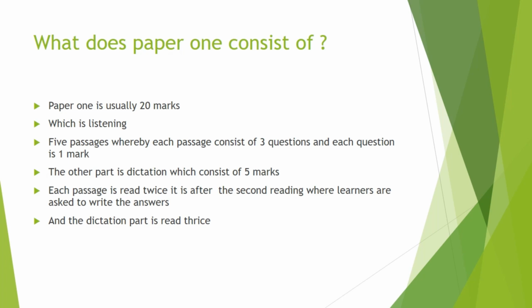At the beginning, the examiner will say that he will read a passage, and it is a passage that is not from the paper. He will say listen to this. This is for the examiner to be able to adjust the volume, maybe if the volume is small, to keep everything in order. Then he will say, now we're starting the first passage, so you'll start listening. I usually tell learners that this is the only time I tell them not to listen to what the examiner is saying.